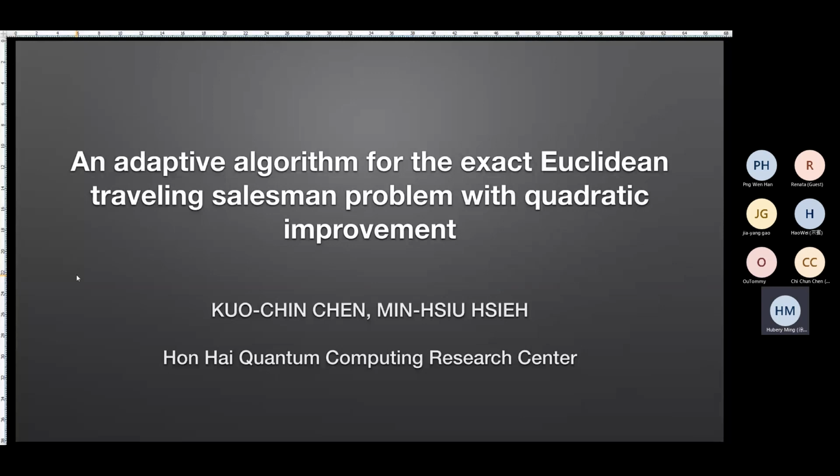So I'm Chen Kuo-Chin, and I'm a researcher in Hon-Hai Quantum Computing Research Center. And it is a pleasure to share our recent work on the exact